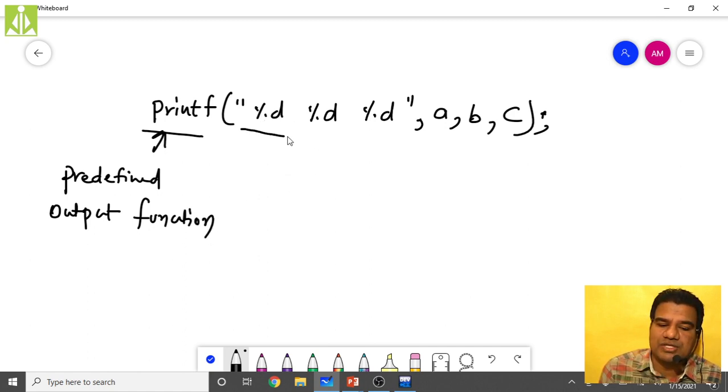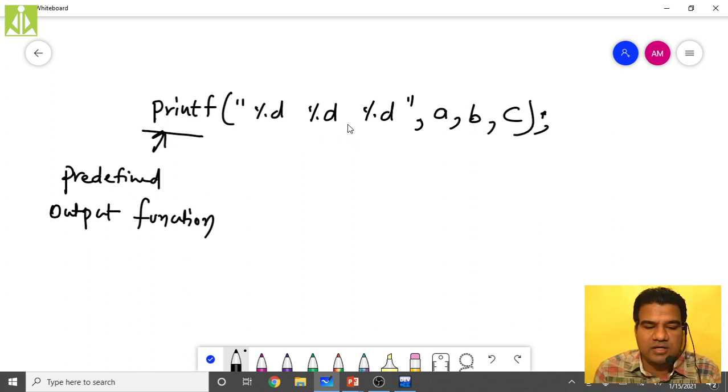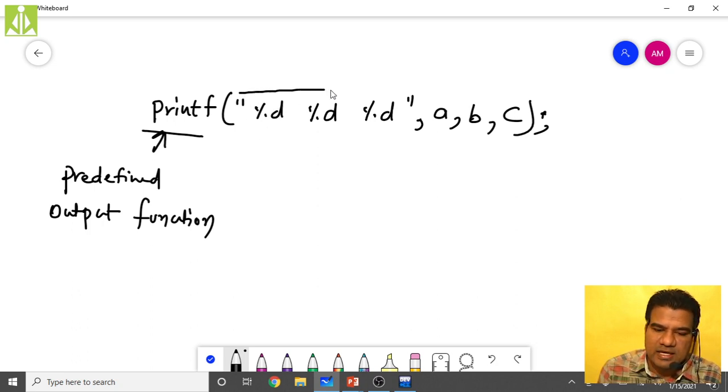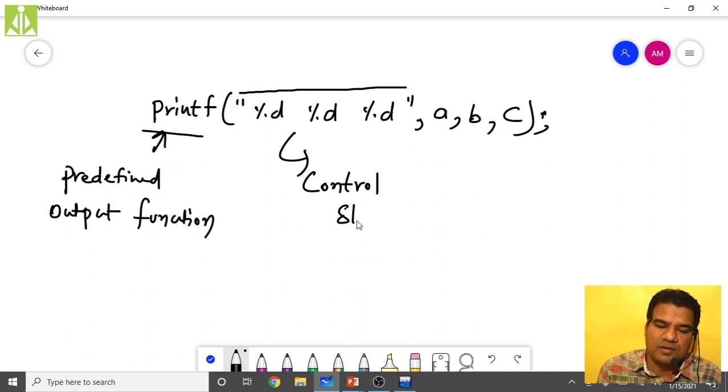And what is this? Between the double quotations, whatever we have from here to here, we call it the control string.